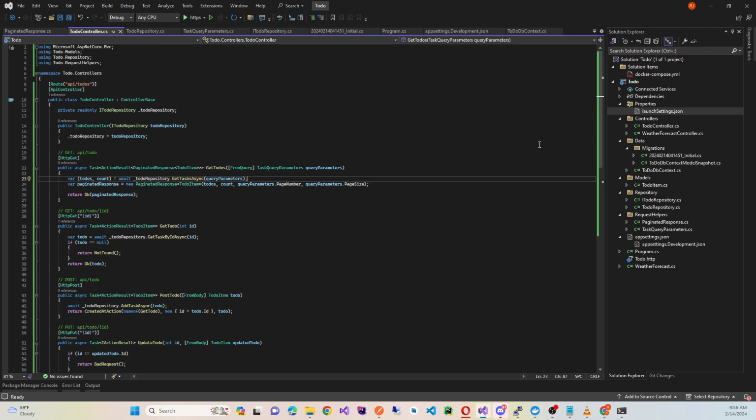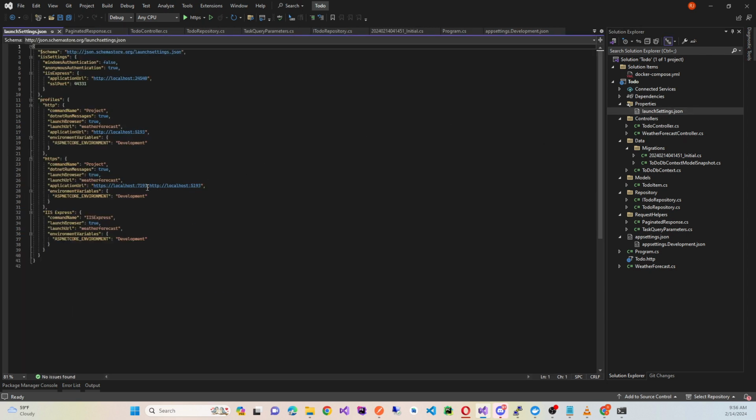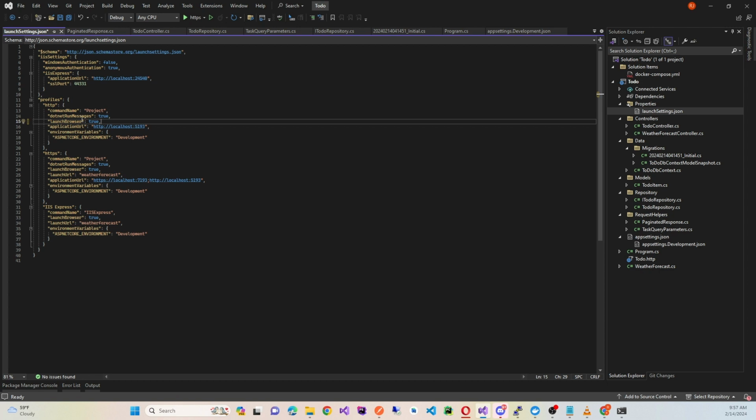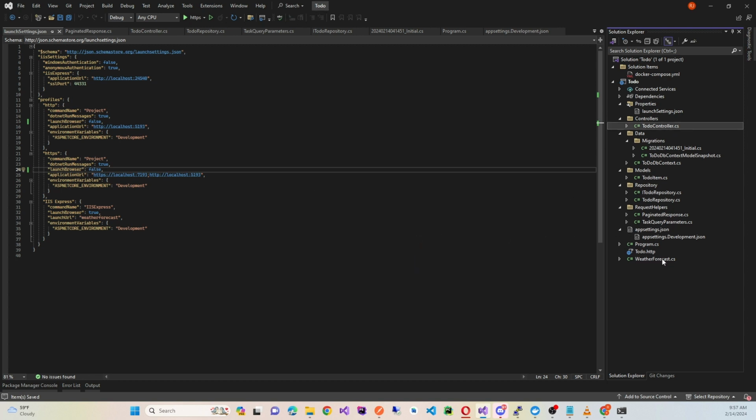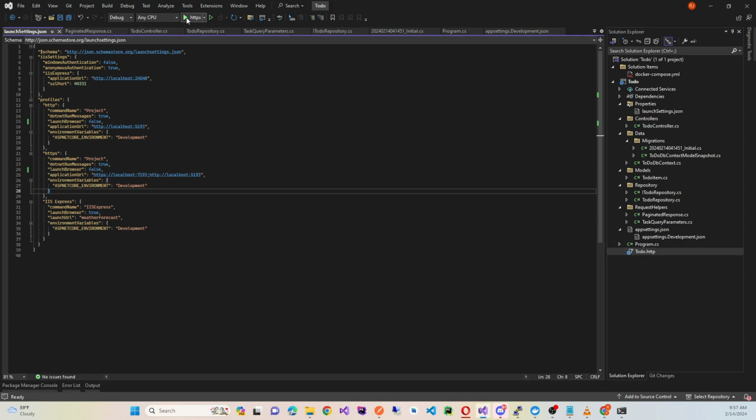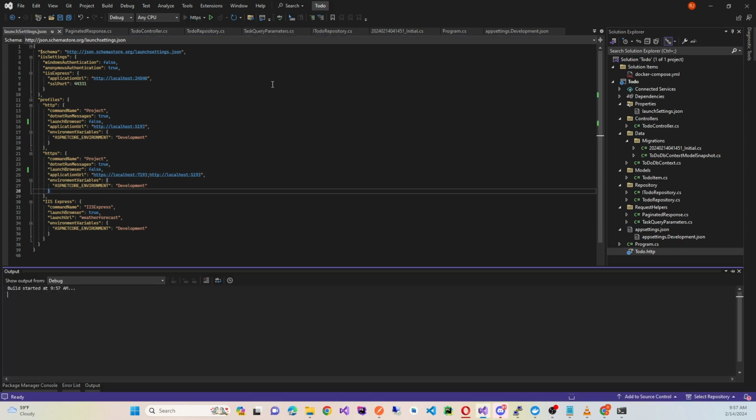So we can update some launch settings features here. Actually, we don't need to launch when we run the project, so we can change it to false, and also here false, and we don't need anything here. We can also remove the weather forecast controller. We don't need it. We can also remove it from here. We don't need them all. So now we can run our project,